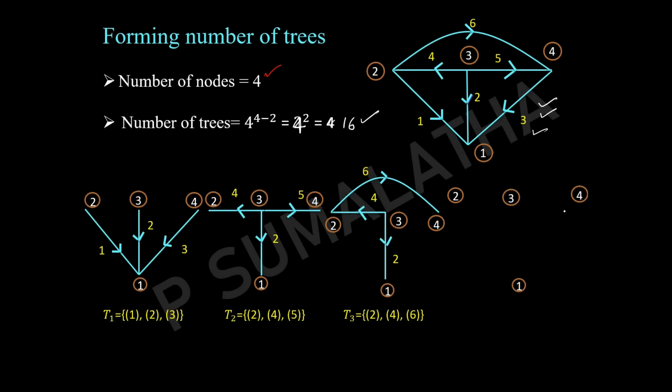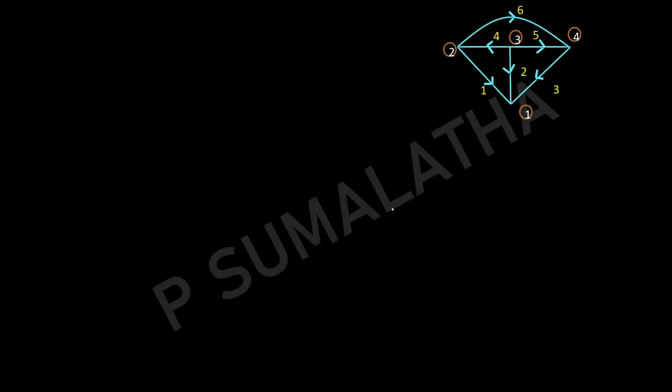Similarly, we can take one more tree which has the first transmission line, the third, and the fifth transmission line. So like this you can form 16 possible combinations of trees for this given graph. Now finally the fourth tree represents the lines 1, 3 and 5. Now let us see for the same given graph how we can represent all 16 possible trees. Let us have a look.